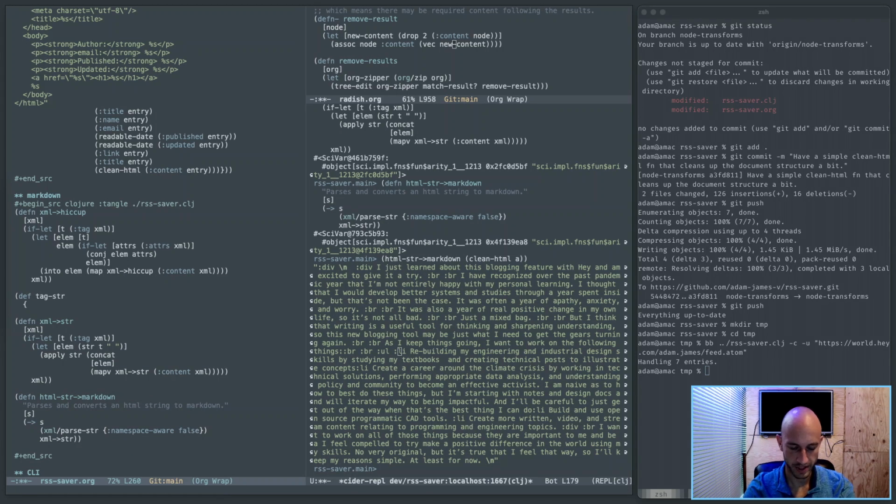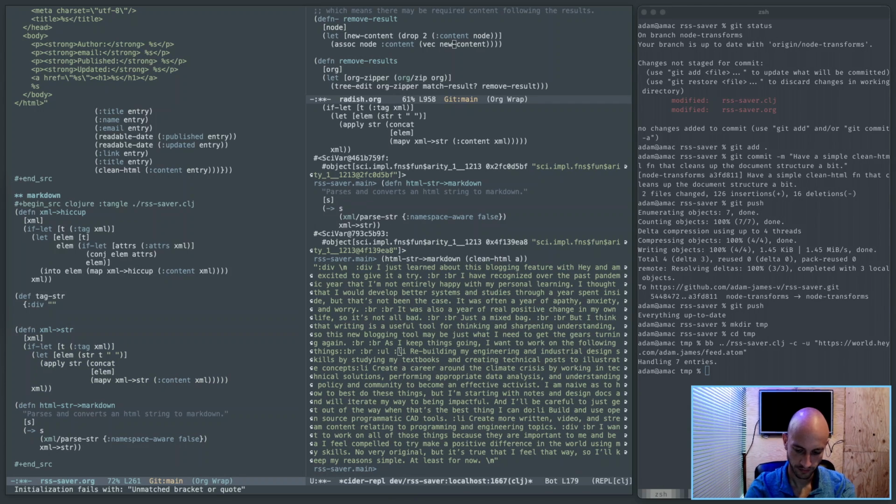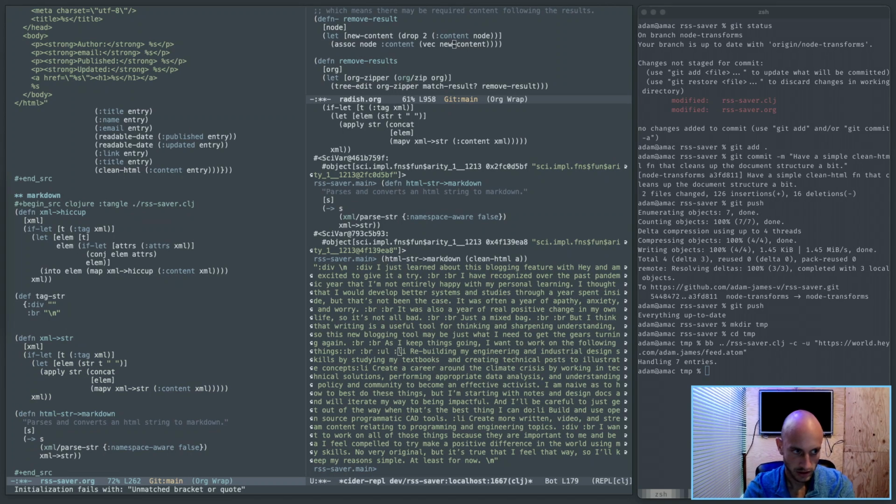Tag string mapping is going to be something like this. Div, it's going to be empty. If it's a, let's do BR, right? It's going to be some new line character. If it's an image tag,